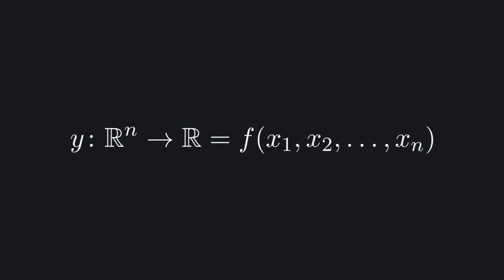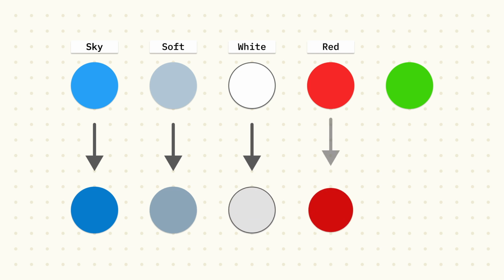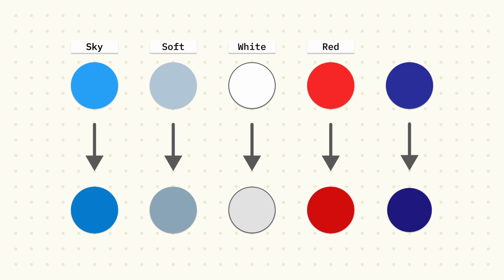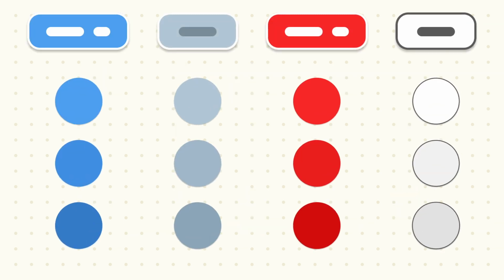Now that we have all that we need, if we want to calculate a color, we compute 3 polynomials using the least squares method, one for approximating the amount of red, one for approximating the amount of green, and one for the amount of blue. So, you create many examples of the color transformation and feed them together to the least squares algorithm. Out comes a function. Let's throw some random colors at it. Let's try this one. That looks good. What about this one? Not bad. This other one? Good too. And this is our solution.